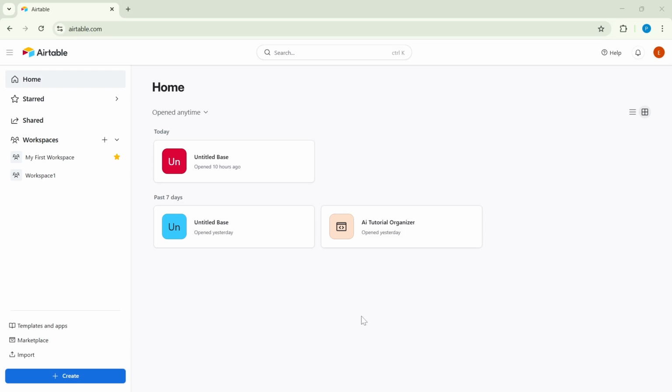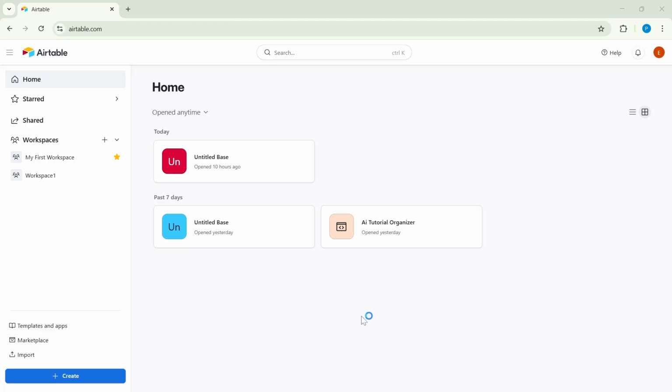In today's video, I'm going to teach you how to build a dashboard in Airtable, no-code setup 2026. Let's start from the very beginning. Open your browser and head to airtable.com. If you're new to Airtable, it's a flexible spreadsheet-meets-database tool that lets you organize information and build visual